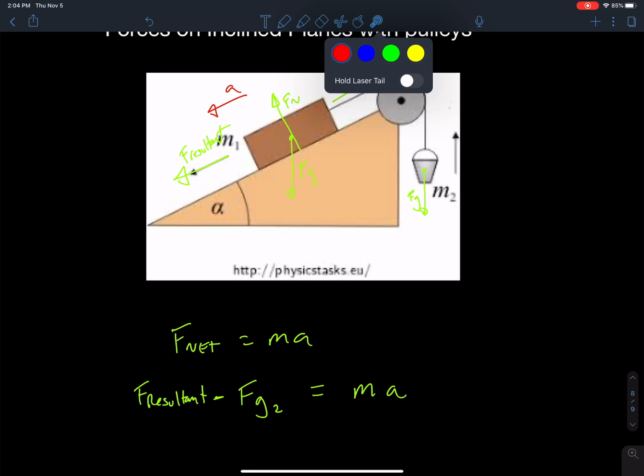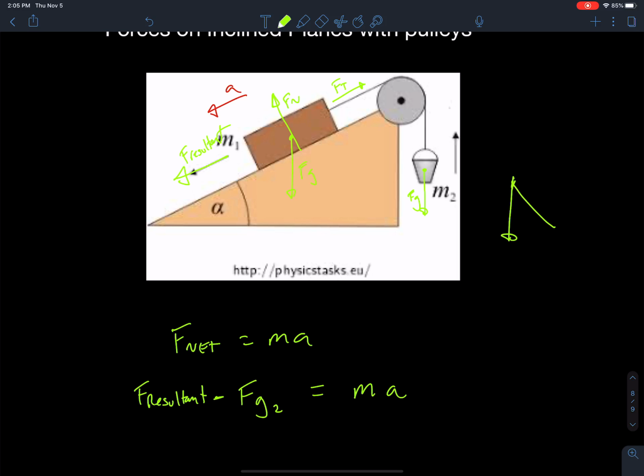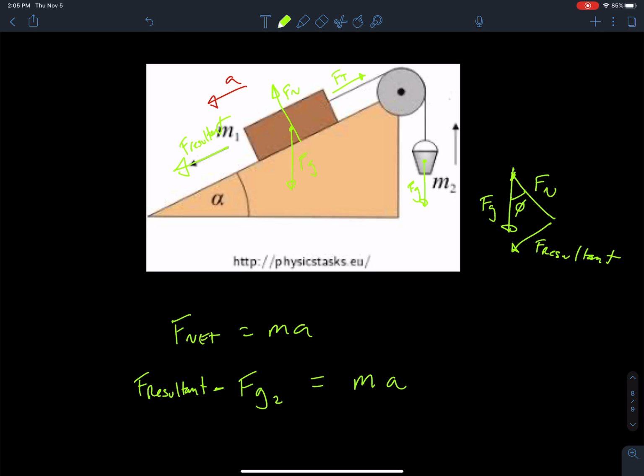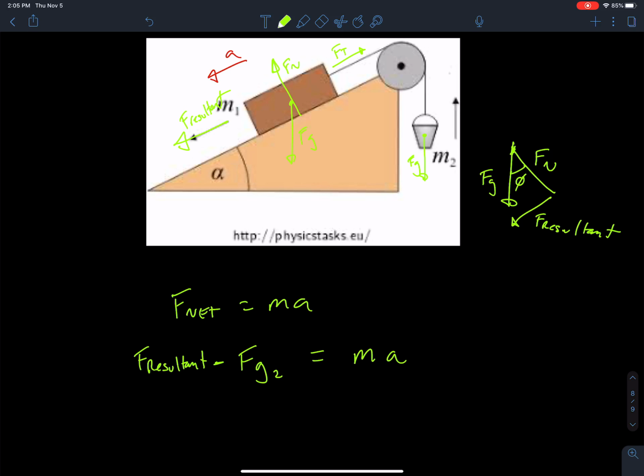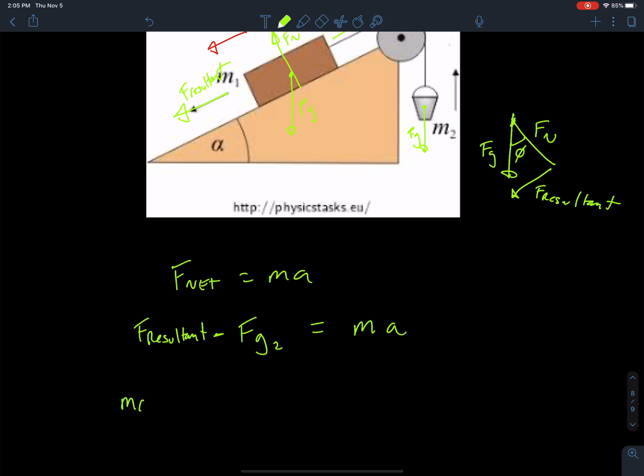F resultant, as we know, is equal to mg sine theta, according to that triangle. If you remember the triangle that we drew from the last video, that's my resultant. Okay, that's my angle, that's FG, and that is Fn. So if I'm trying to solve for my resultant, it's going to be the opposite over my hypotenuse. So the resultant is going to be mg sine theta, and the m that we're talking about here is m1 in the diagram,